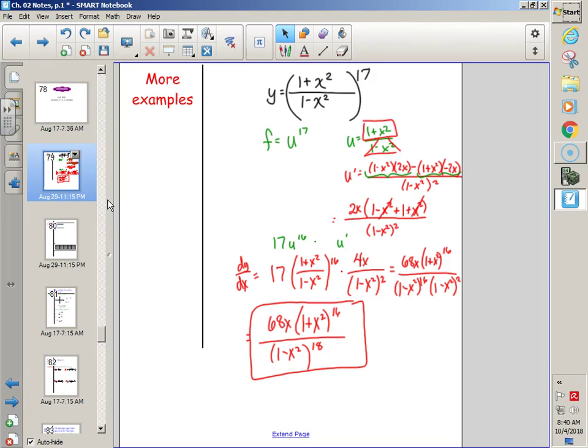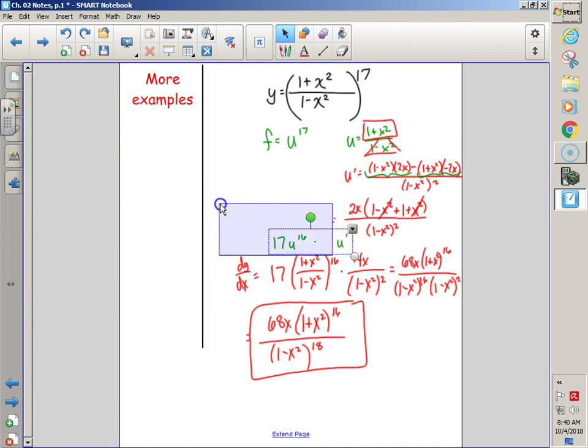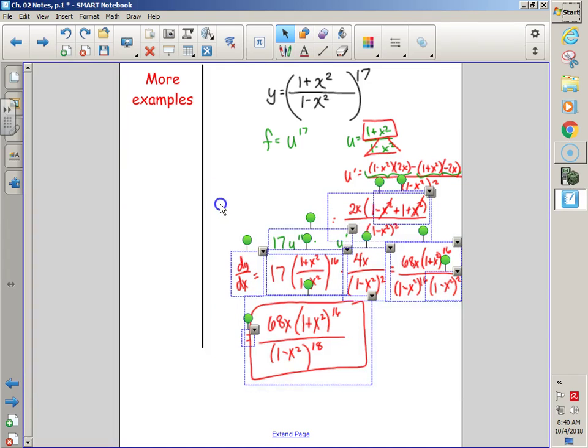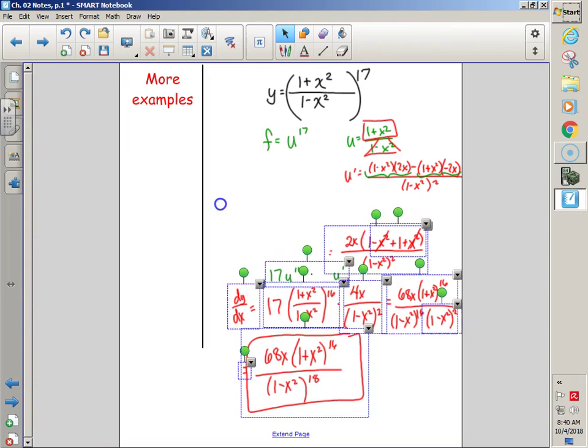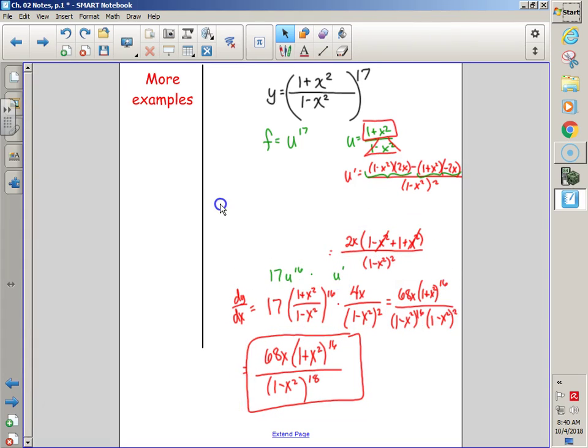Wait, how come the 1 plus x squared over 1 minus x squared is on the inside? How do you know that's G? I followed her work. I know it's U because if I was to break it down, you see the 17th power, right? Oh, you went to the original problem. That's why we did it wrong. What did you guys do? We just brought down